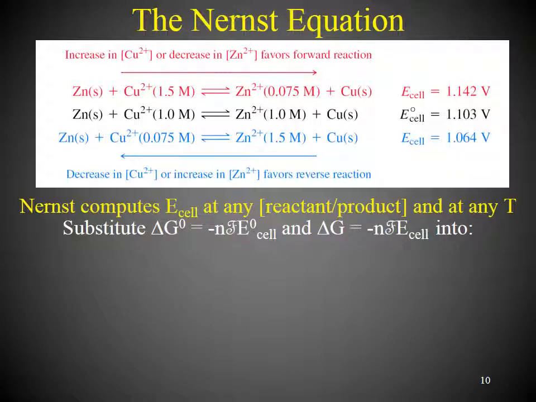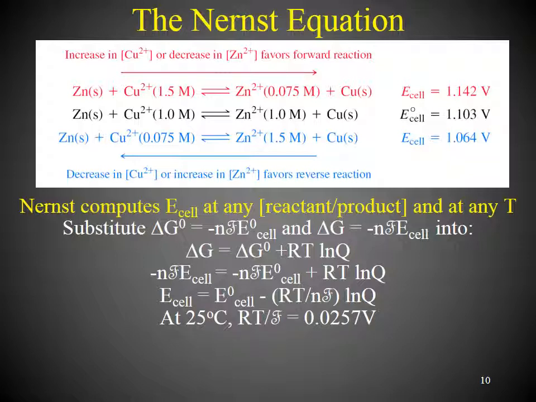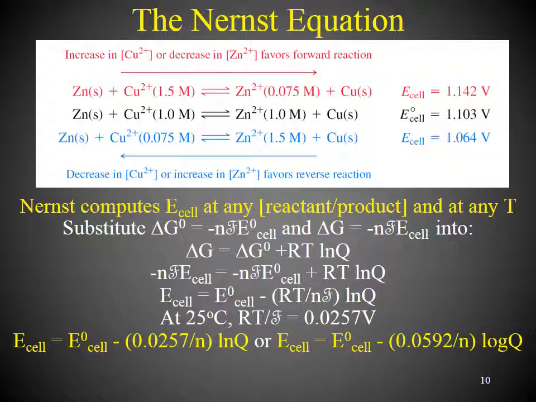Once again, if we substitute delta G at standard conditions and delta G at non-standard conditions into this expression we derived earlier in the thermodynamics unit, then you can obtain this value. And if you rework the value, then you get this expression, and substituting in the constant value,